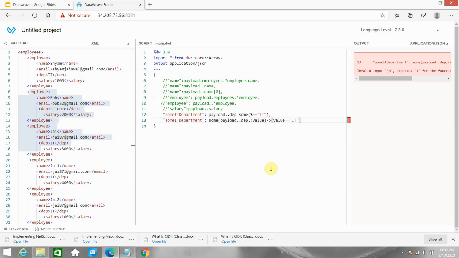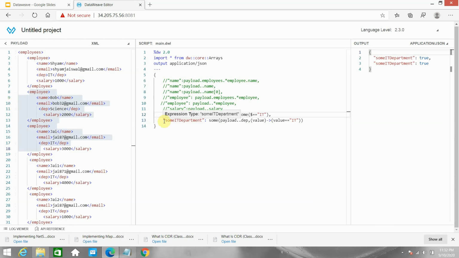You have to close the bracket, and it also returns true. If I say IT1, it returns false, because there is no employee with department IT1. I will comment out both of these.